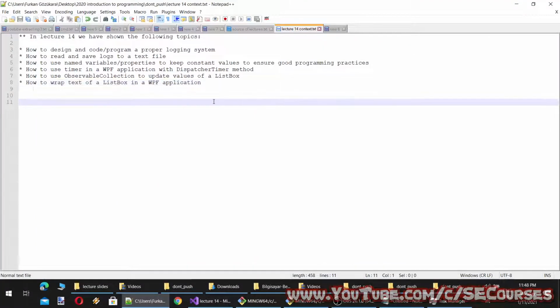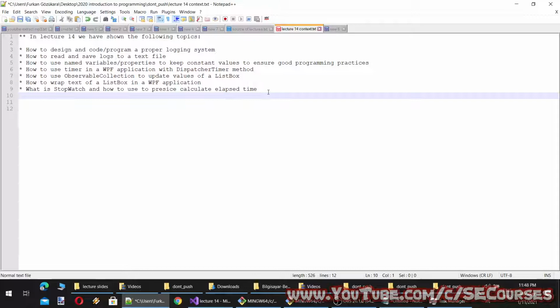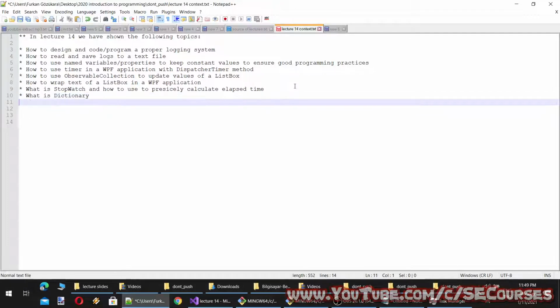So this is the most precise time calculation approach. Elapsed time. What is dictionary?